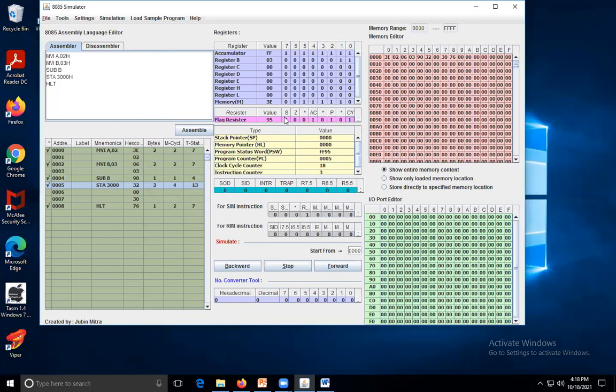Auxiliary carry and carry flag are also 1, because after the subtraction you get a negative answer, so a carry will be generated and an auxiliary carry will be generated. When you subtract 00000010 minus 00000011, after that the sign flag will be 1, auxiliary carry will be 1, and carry flag will be 1.